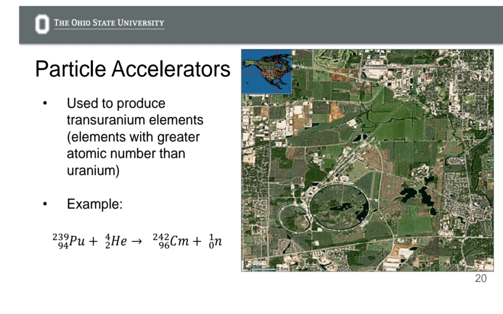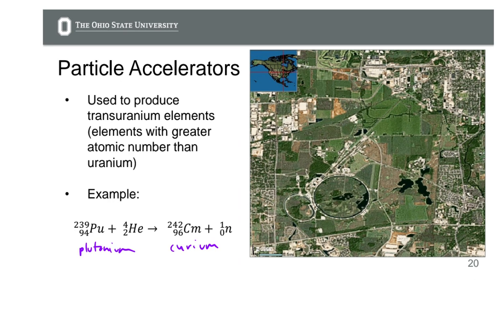An example of this is the production of curium using plutonium. We don't usually use plutonium and curium symbols, so I'll include their names. So plutonium-239 would be in a particle accelerator with the alpha particle. When those two collide, they form curium-242 and a neutron. So if we were to write the shorthand of this reaction,